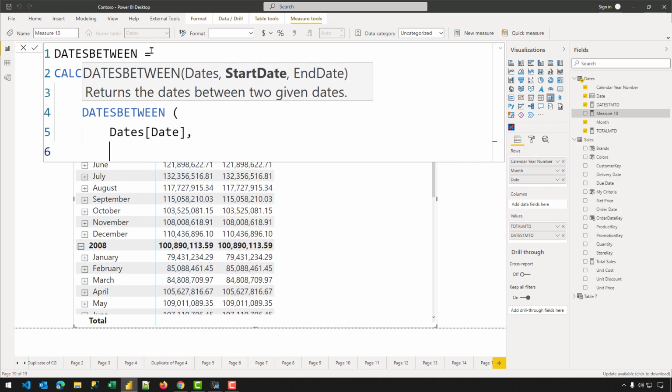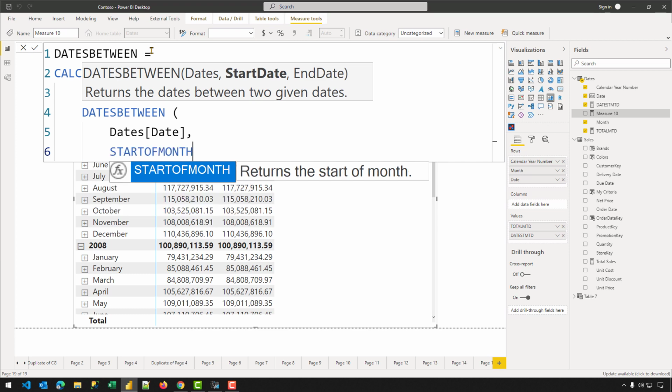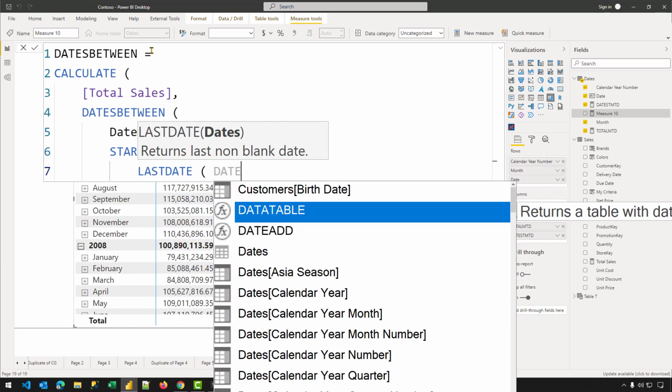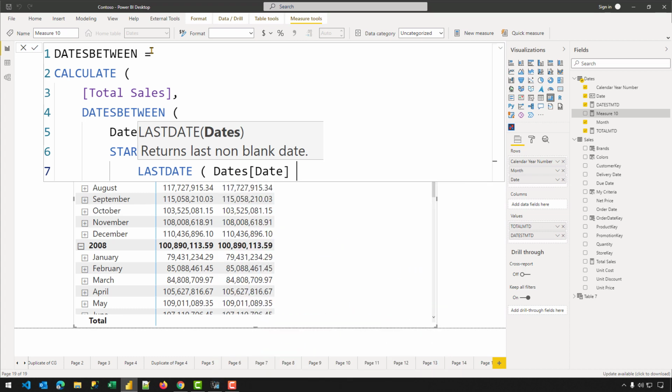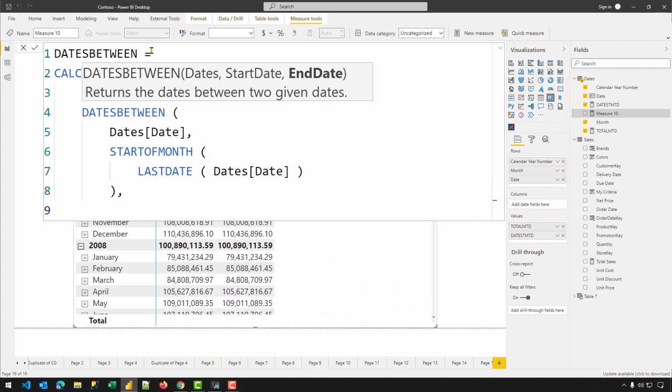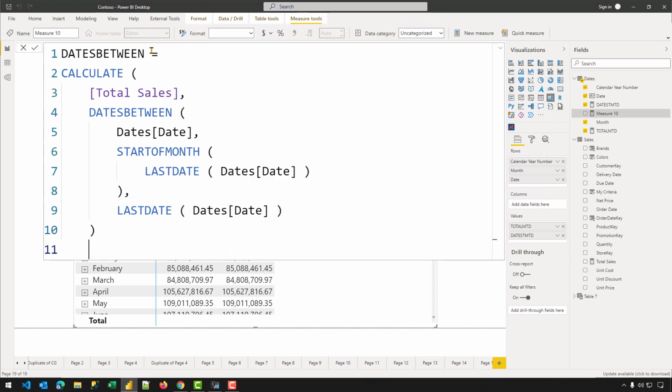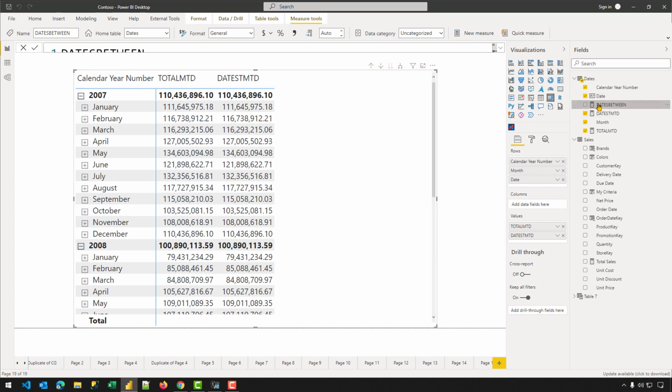In the second argument, we are going to write start of month, last date, dates, date. Let's close that. In the second argument, we are going to write that the last date, dates, date. Close that, close calculate, press enter, and let's drag and drop that code into the matrix.